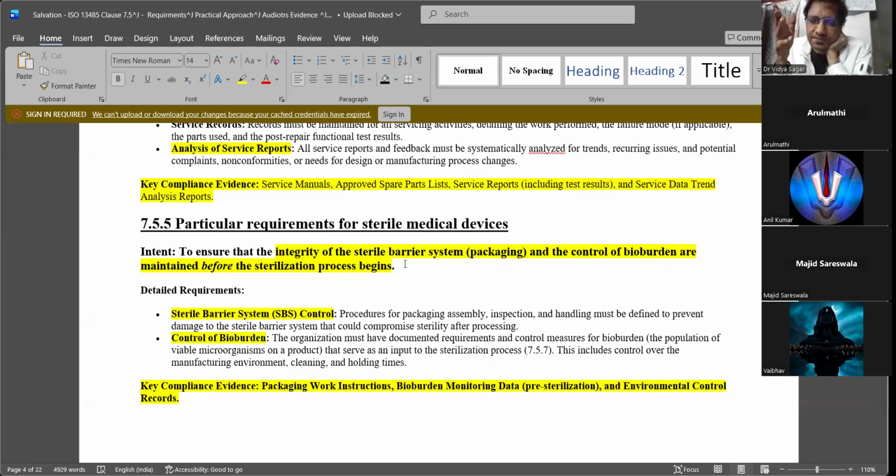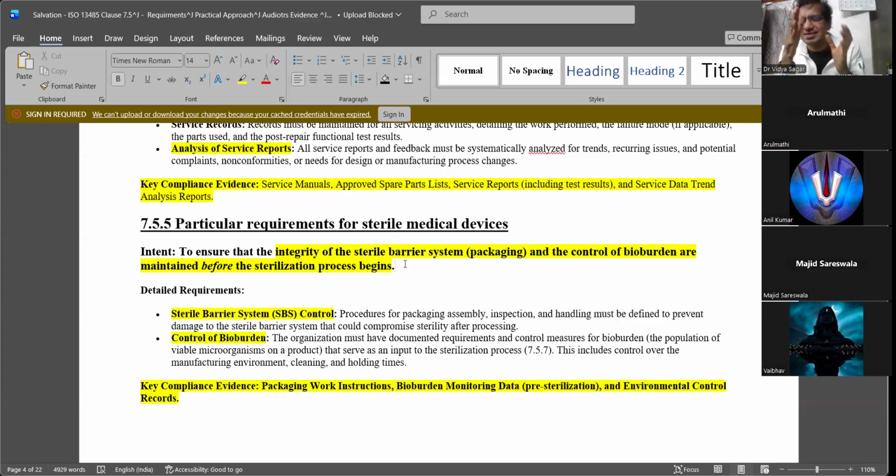But for the Tyvek pouches, how do you know that they are proper? How do you check that they are not allowing bacteria inside? Have you verified them?